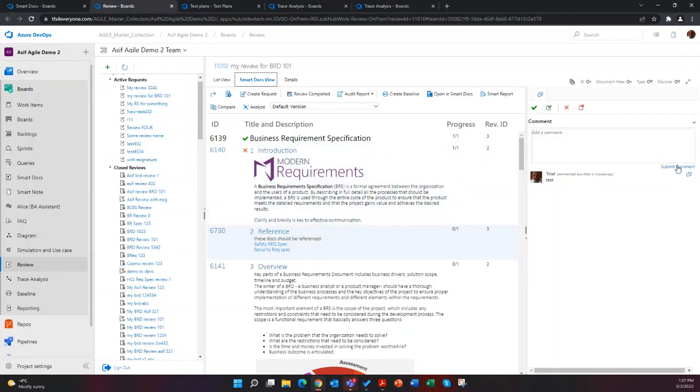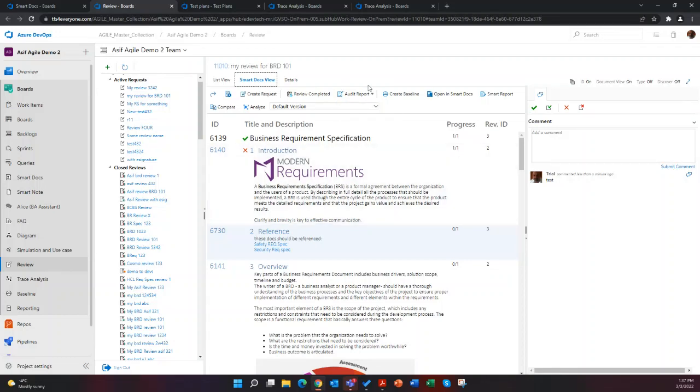Now it should be noted that review management is a team sport. What that means is that when you provide comments or approvals, other people who are part of the team reviewing that artifact can see your comments and comment on your comments. So the idea is to provide a transparent system for the group of people reviewing a certain artifact to collaborate, come up with ideas, and ultimately get feedback or approval on things.